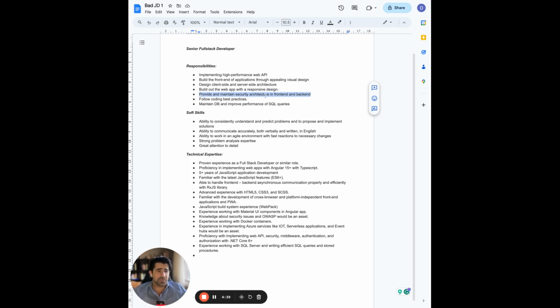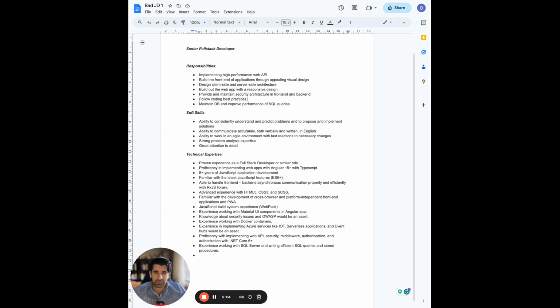This is your tech lead. This is your CTO, who needs to make sure that the architecture is in fact itself secure by design. So I don't like that line item. It just blurs the whole thing, and it already tells me that this company doesn't have a serious engineering organization. It's just a bunch of developers coding. So I'm already not impressed.